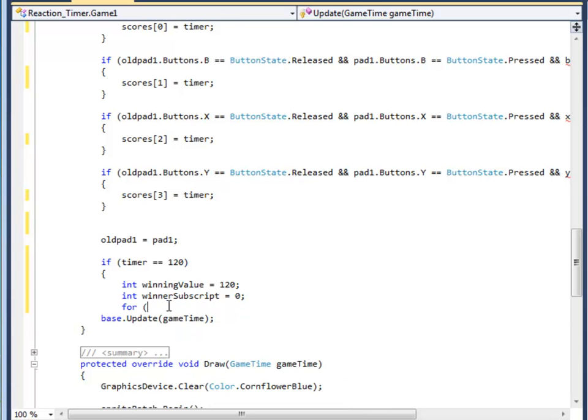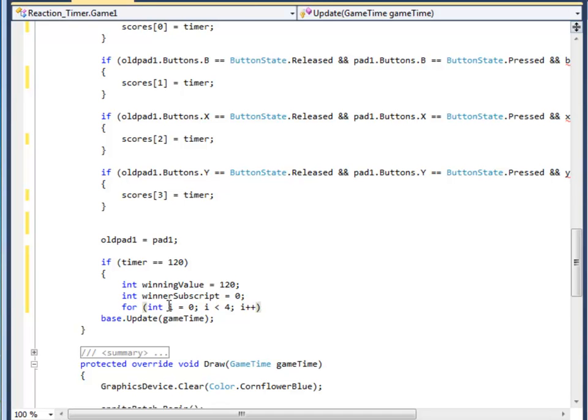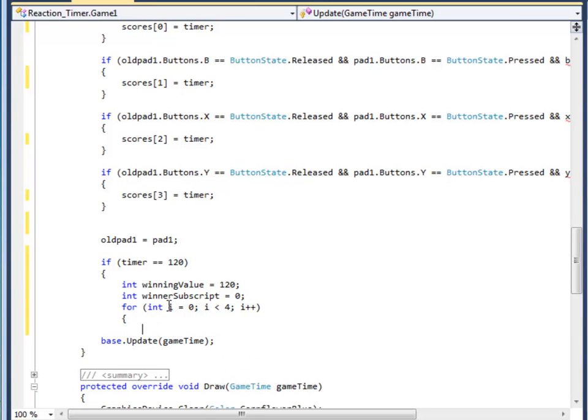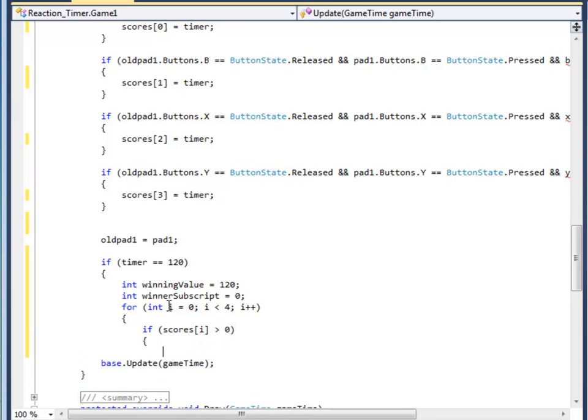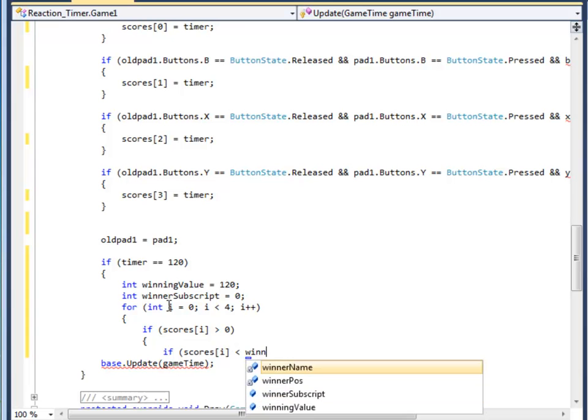So for i is equal to 0, i less than 4 in this case because I'm only dealing with gamepad 1, i plus plus, if scores spot i is positive, greater than 0, and if scores spot i is less than winning value,